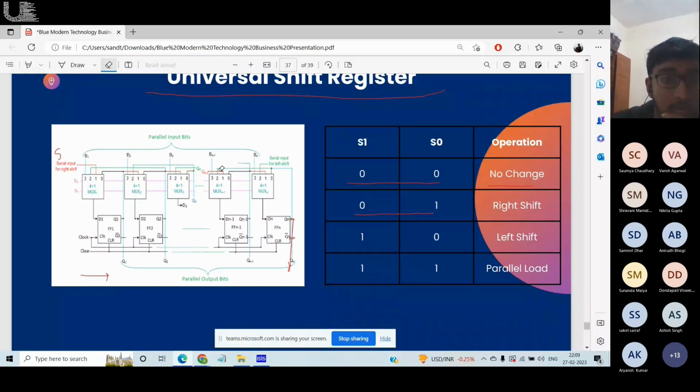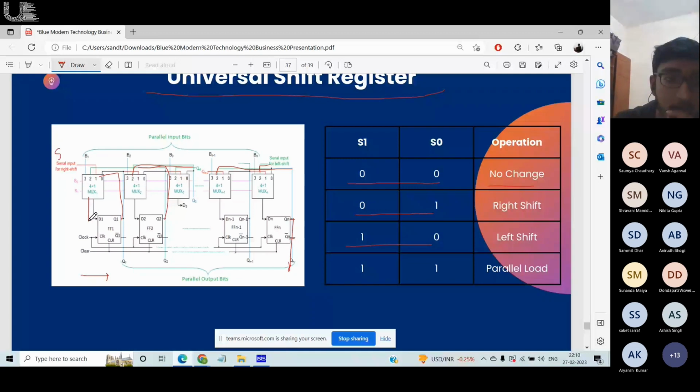Going back, it's the exact same thing for left shift when I'm putting in 1 0. So notice it's connected the reverse way around. Here I'm putting in my input, right? My output goes here, goes here, goes here. Same, it goes here for 2. So the output of this comes here and to 2, like that. It feeds to the previous mux and the previous flip flop eventually, right? And the last